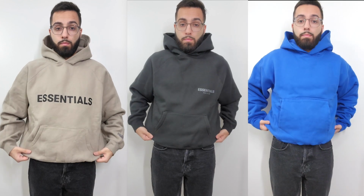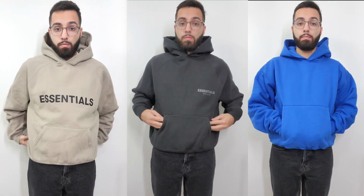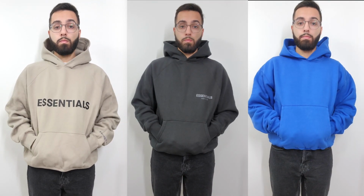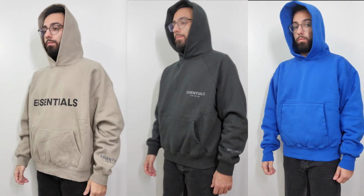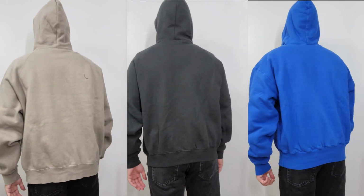The Yeezy Gap hoodie has the boxiest fit out of all three hoodies. When it comes to the hood size, the Yeezy Gap hoodie has the largest hood. The newer core collection hoodie has the smallest hood out of all three hoodies. From looking at the older Essentials hoodie and the Yeezy Gap hoodie side by side, you guys can see that